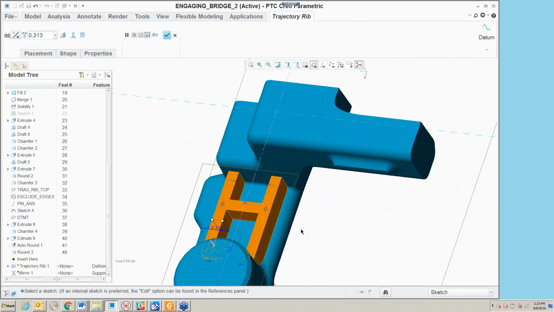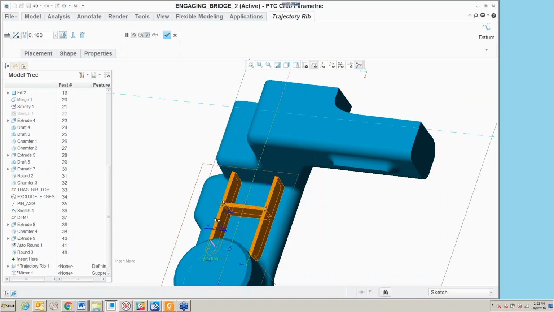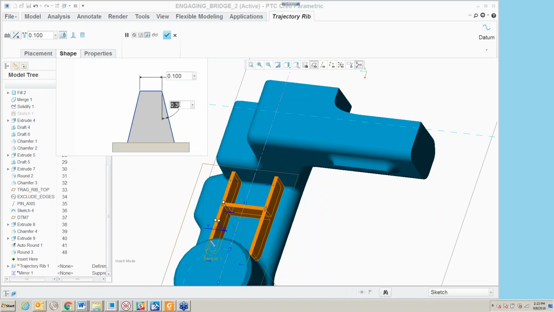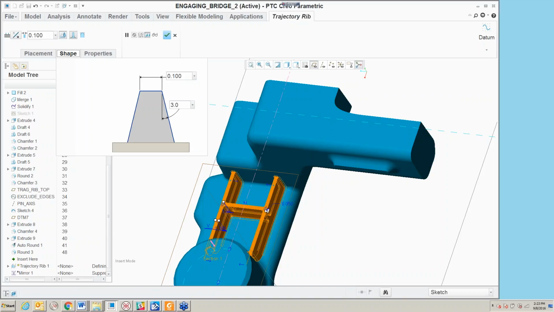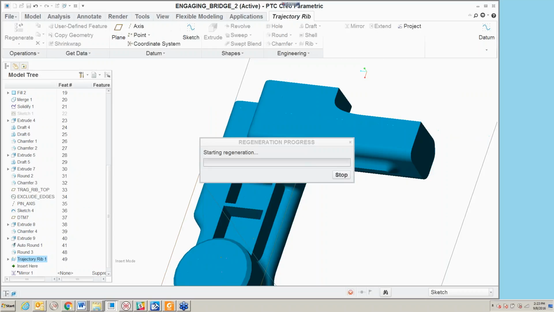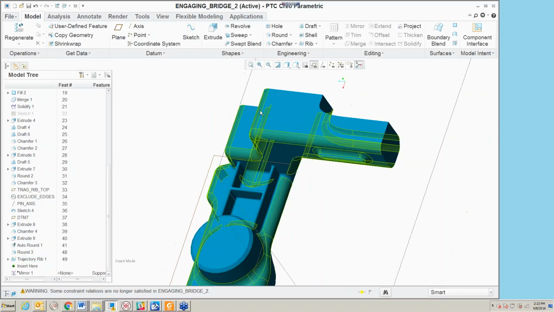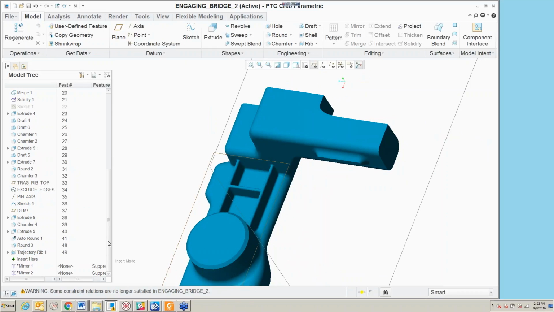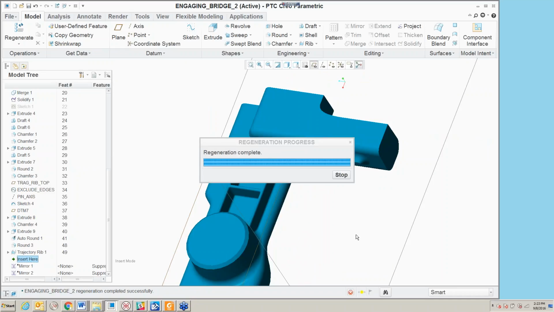When I come out of it, what the trajectory rib does is it takes it and thickens it, and it extrudes it down into the part. I can change the shape of it or adjust the width of the rib. I can add draft to it. Let's put on maybe 3 degrees draft, and then I can put rounds on the bottom of the part and rounds on the top edge of the part. So once I've done that, now I can go in and resume the two mirror commands and get the rest